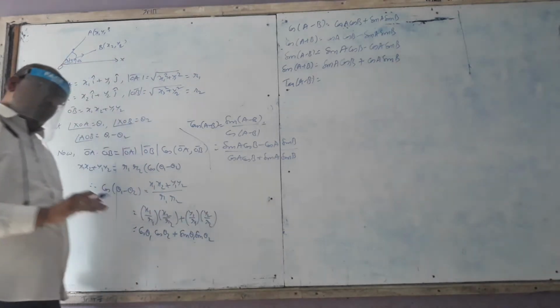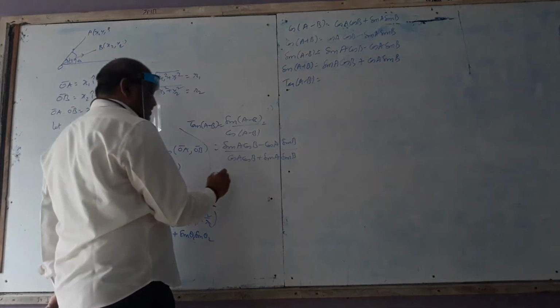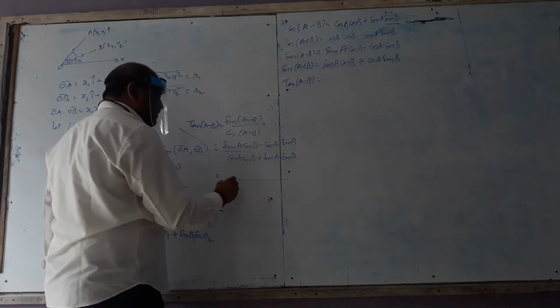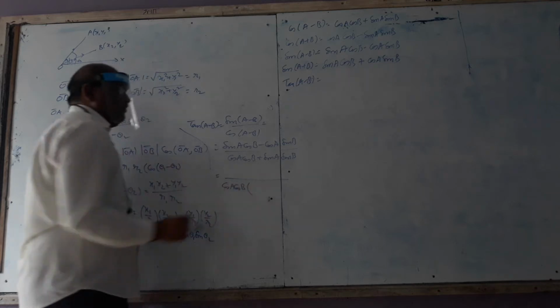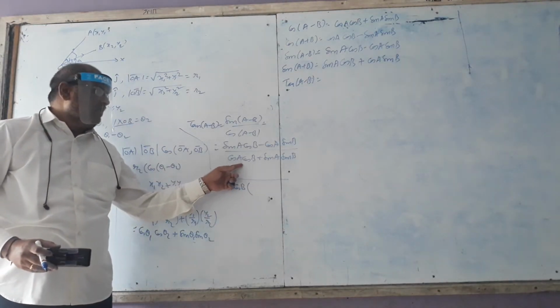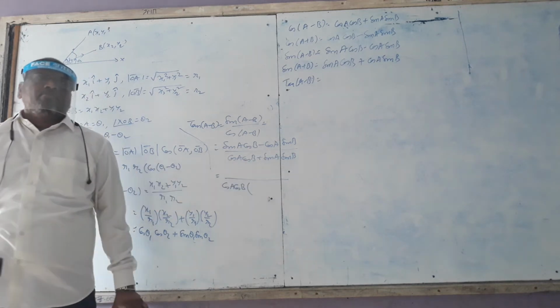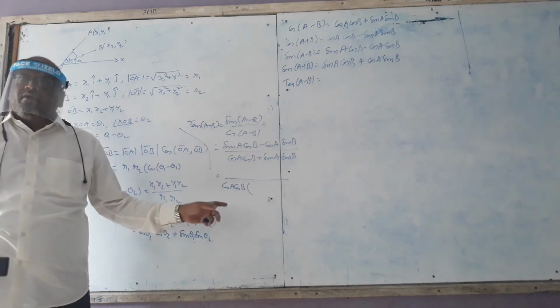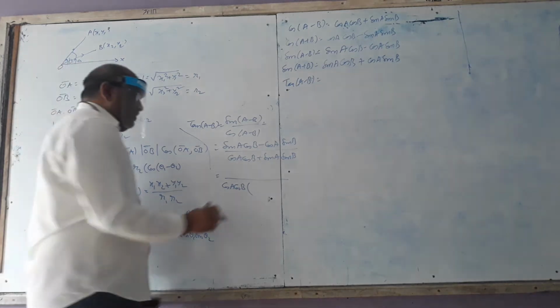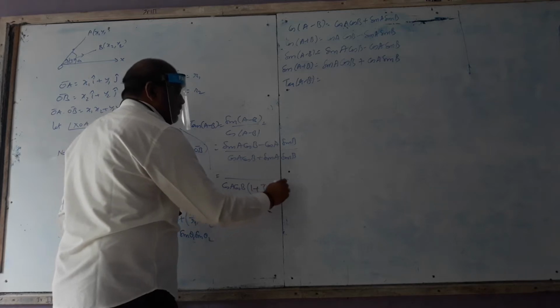I will convert in terms of tan only. Tan of A minus B also in terms of tan of angles. To get tan of angles, in the denominator I take cos A cos B common. If you take cos A cos B common, this becomes 1 plus sin A sin B by cos A cos B, which is nothing but tan A tan B. So in the denominator, it becomes 1 plus tan A tan B. Any doubts, sir?